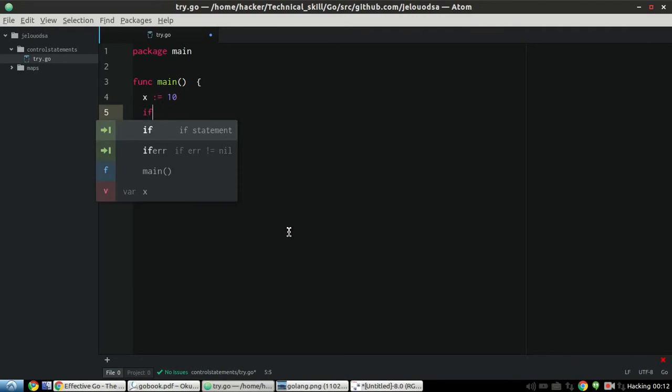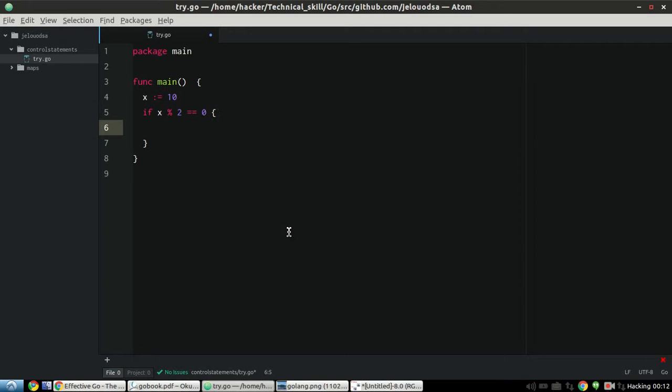Okay, we'll say if x % 2 == 0. That's very obvious, it must be 0, but sometimes it cannot be 0. The weird mathematics that goes around us makes it very difficult. So if that is equal to 0, then we say